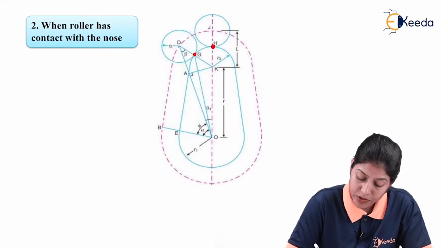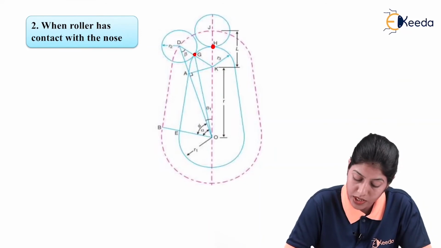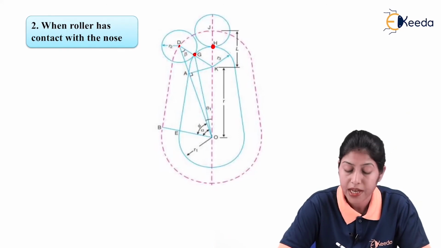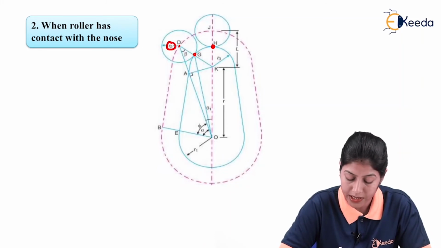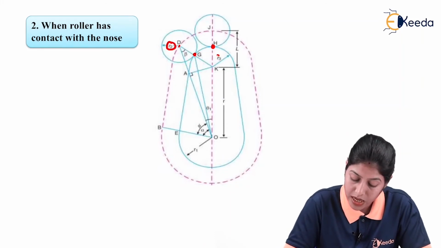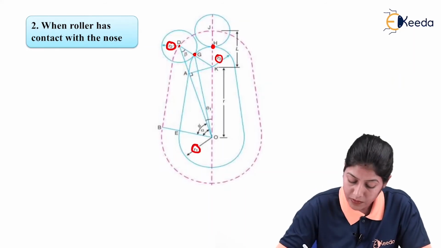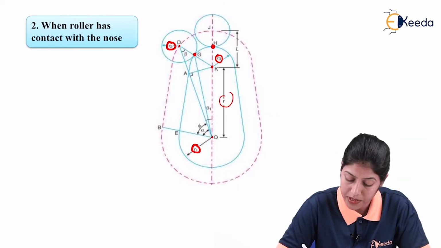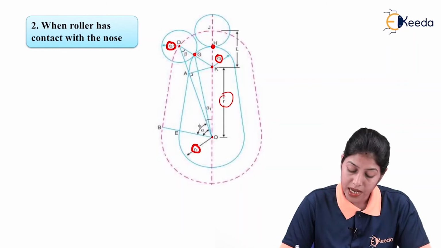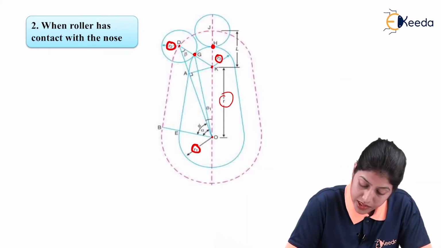And here at the initial position point G, when this roller follower is in contact with the cam, the center of the roller is defined by point D and the radius of the roller follower is R2. It will be as it is. Radius of the nose is R3 and radius of the base circle is R1. And here we are considering two centers, O and K. So O is the center of the base circle and K is the center of the nose. The distance between these two centers we are representing as R. And as you can see here, this is the final position.